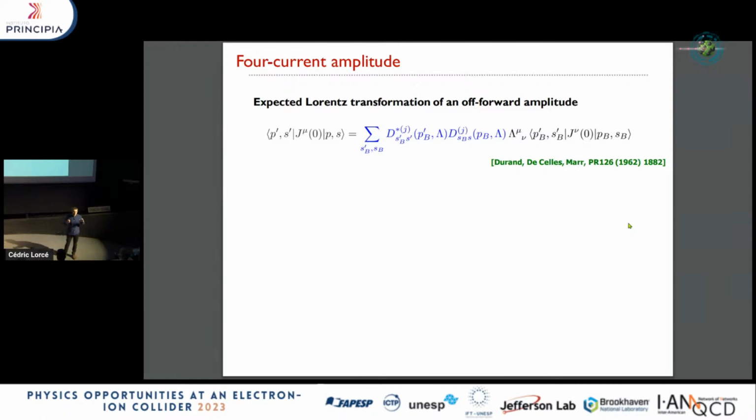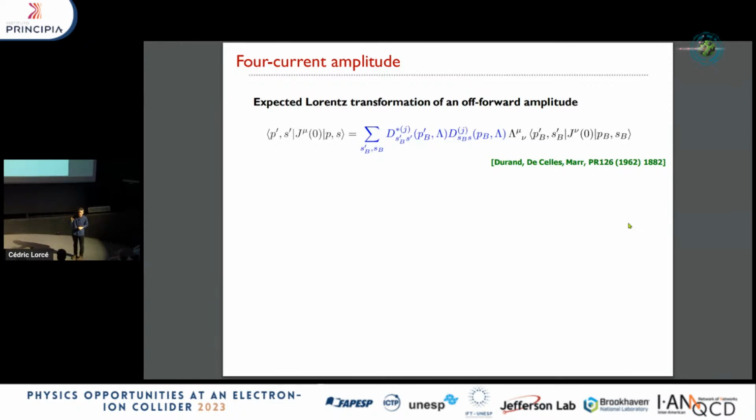So usually people focus on the charge distribution, but the charge distribution is just one aspect of the electromagnetic current. You can also look at the momentum or the current distributions. And if you want to connect the matrix element in a generic frame to the matrix element in the Breit frame, well, the formula has been known for a long time. You have not only a mixing of the Lorentz components, but you have also the spin rotations, the Wigner spin rotation. And that's really what we have no intuition for. And that's really the crucial part that makes the complicated distortion of the picture when you change from one frame to another frame. If you work with a spin zero target, you don't have those spin rotations, and everything is consistent